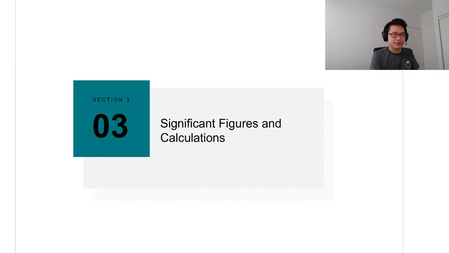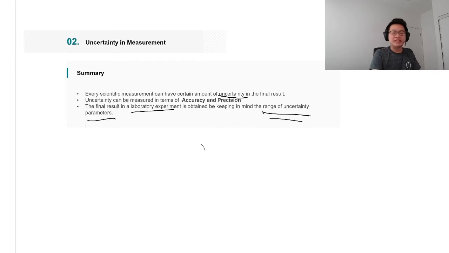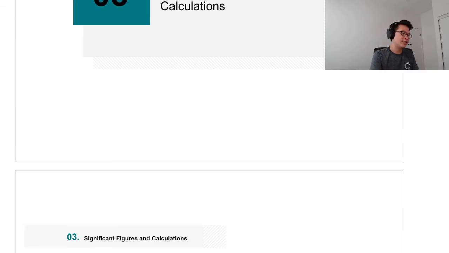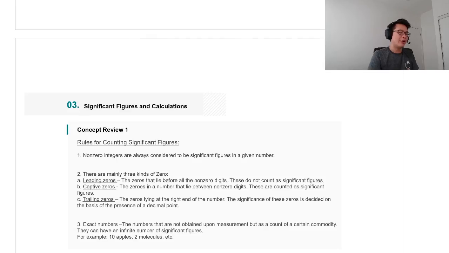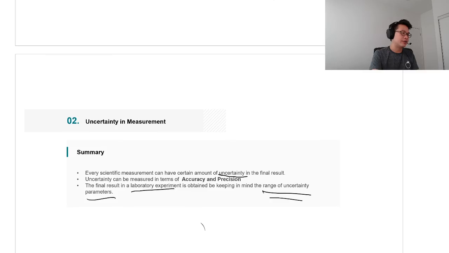All right, so we still have 3 minutes. I think I will call it the end of today's lesson. We will continue with significant figures and calculation, and we will look at how we can express the uncertainty of a measurement in terms of significant figures, and also how significant figures matter when you move on to calculations. Okay, so if you don't have any questions,